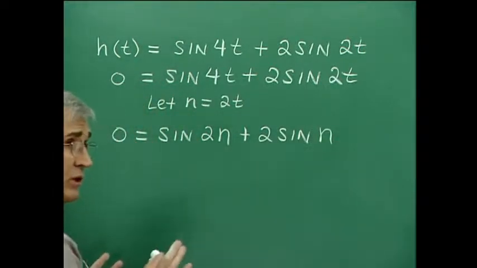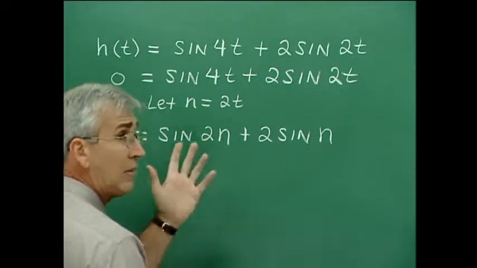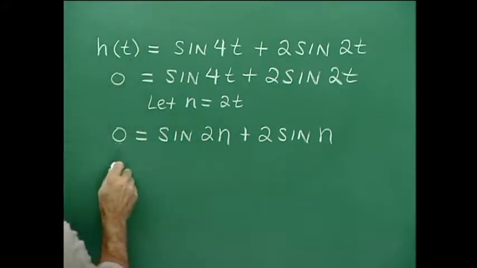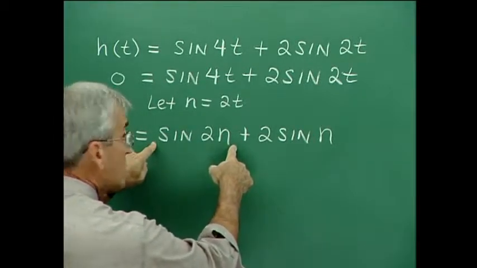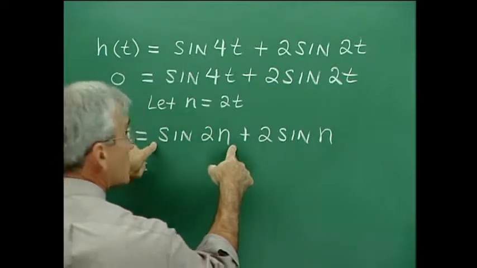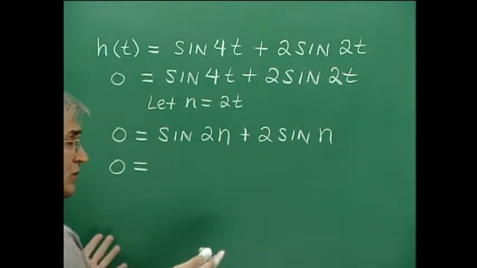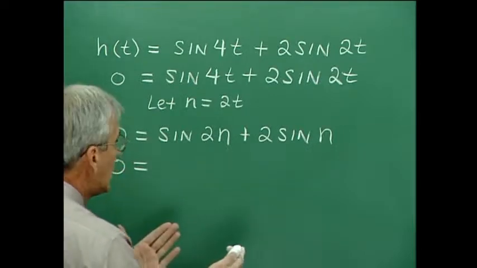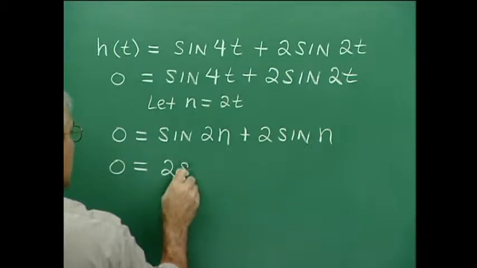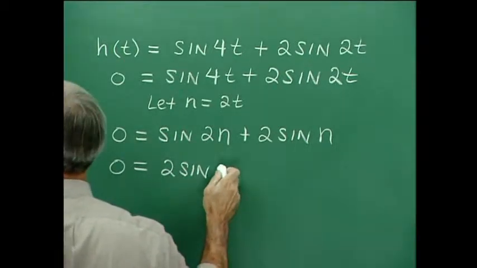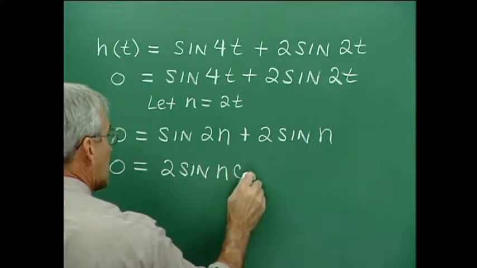Now, we'll back substitute in just a minute, but looking at it like this allows us to use our double angle formula. So this becomes, now let's see, I'm having to refer back to it. I'm just going to look back over there and see what it is. And that's what you're going to have to do too. When you first use these, just refer back to some kind of chart or some place in your book and just write the formula down. It's 2 times sine times cosine. So it's sine n cosine n